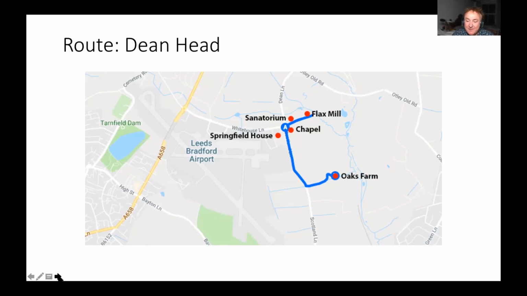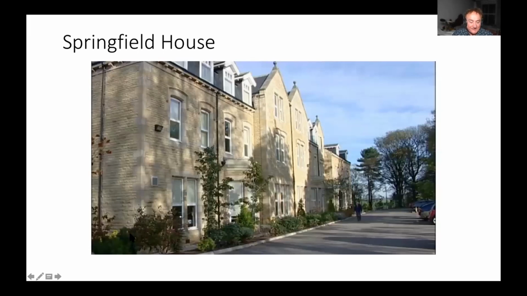So let's have a look at these buildings down here. This is Springfield House. It was built in 1892, and there were various extensions onto it in 1906 and 1908. It was built for the Leeds Workpeople's Hospital Fund. So this was really a society that you'd have paid into weekly, and if you came ill, you'd have been sent out here. It originally had about 40 beds in here. It seemed to have closed in the 1950s, because in 1960 it was